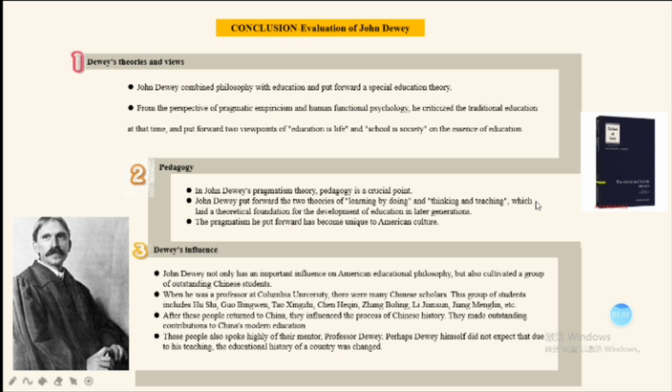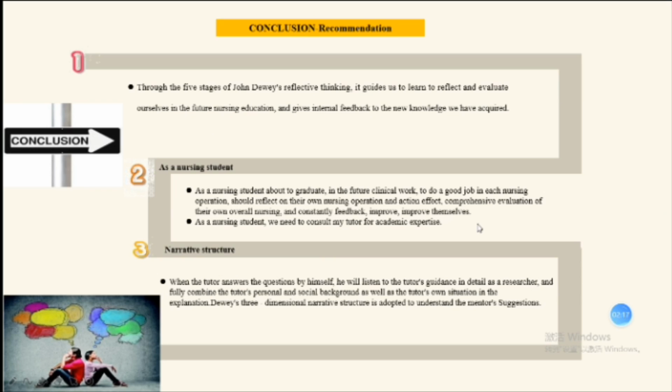And the next is the evaluation of John Dewey. Dewey's theories and values: Dewey combined philosophy with education and put forward educational theory, in which practice is a key point. Dewey put forward the 2 theories of learning by doing and thinking and teaching, which laid a foundation for the development of education in the last century. Next is